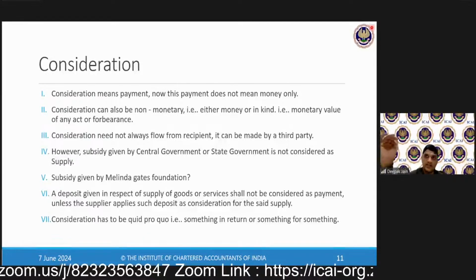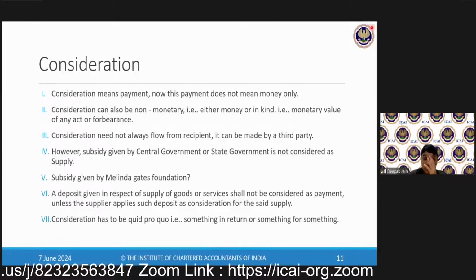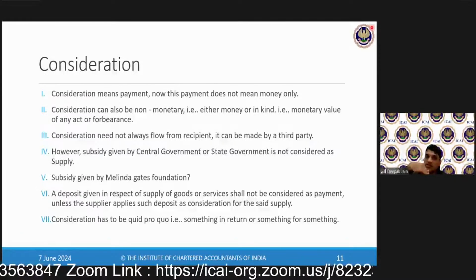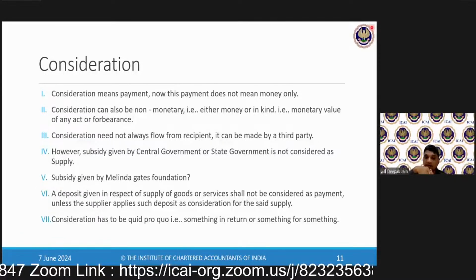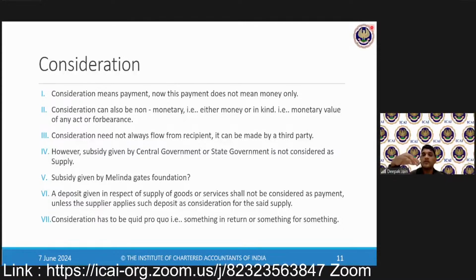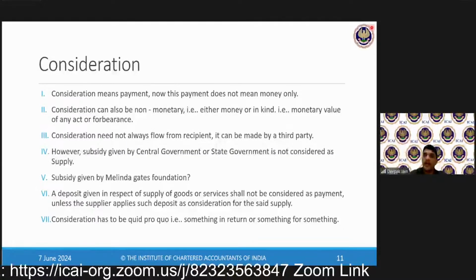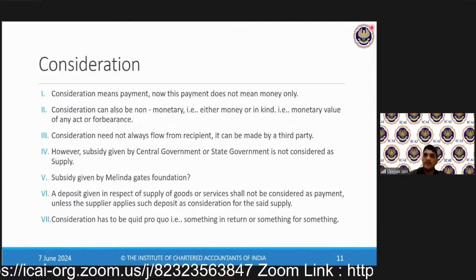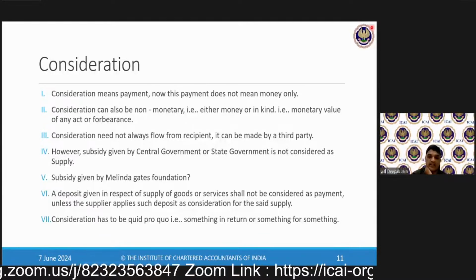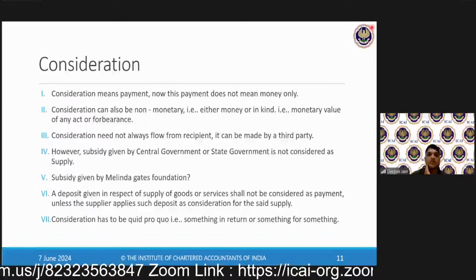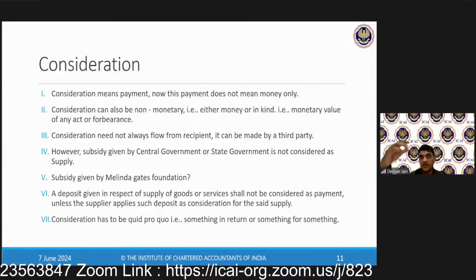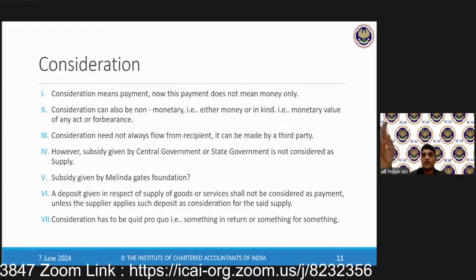But for services, you're providing services after 3 months, but you're getting advance now itself. On that advance for services, you have to pay GST when you receive the money, but for goods, it is separate. Goods is on actual provision, but for services, when you receive the money or provision of service, whichever is earlier. So in case of any consideration which is received in advance for services, it is taxable. For goods, it is not taxable.